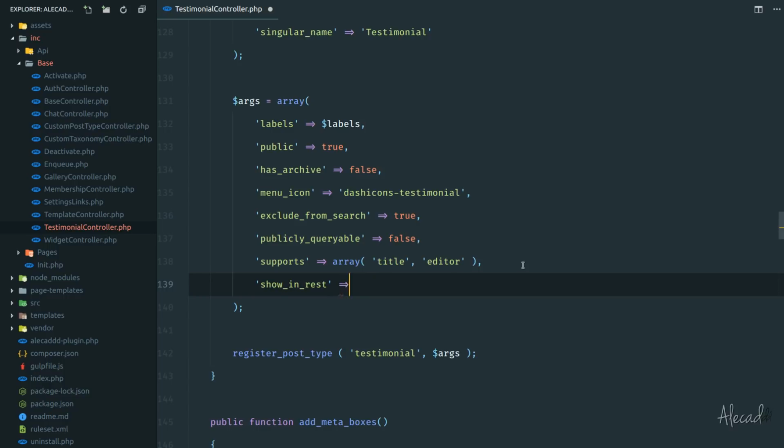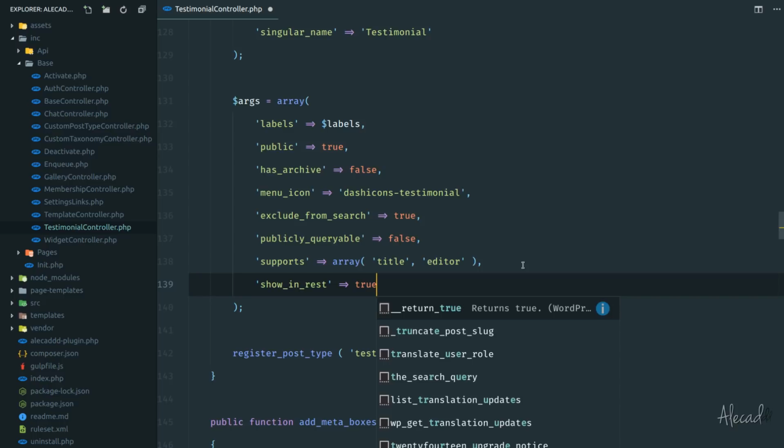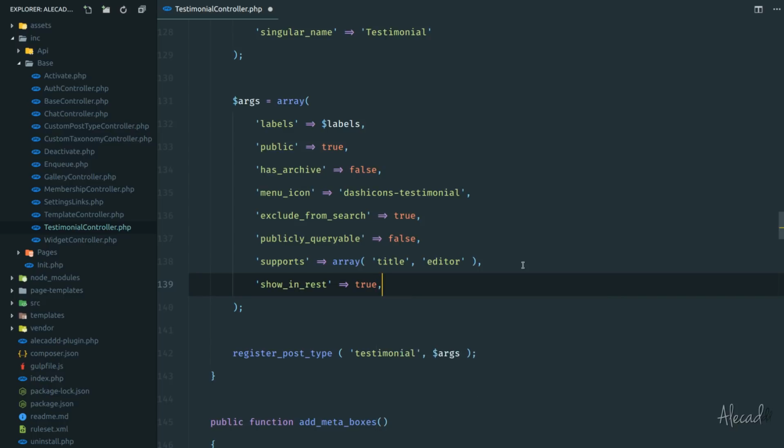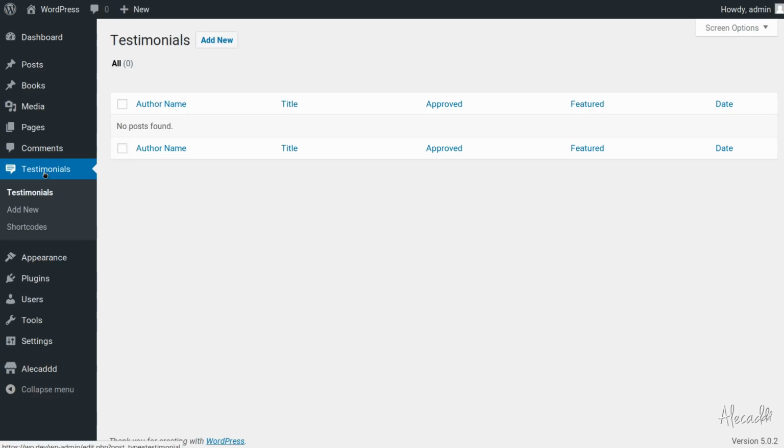This stands for show this post type in version 2 of the REST API, and this is a Boolean attribute, so we need to specify true if we want it to be activated in the REST API version 2. The REST API version 2 is the version that is used by Gutenberg. So by saying that, we're telling WordPress, hey, this custom post type that we're registering is compatible with Gutenberg. If we save it, we go back in our backend, we refresh this testimonial page, we add a new testimonial,